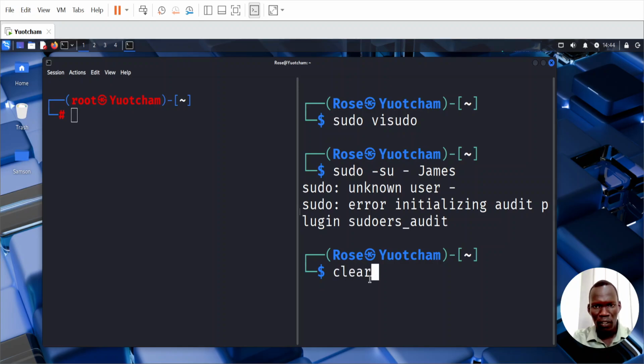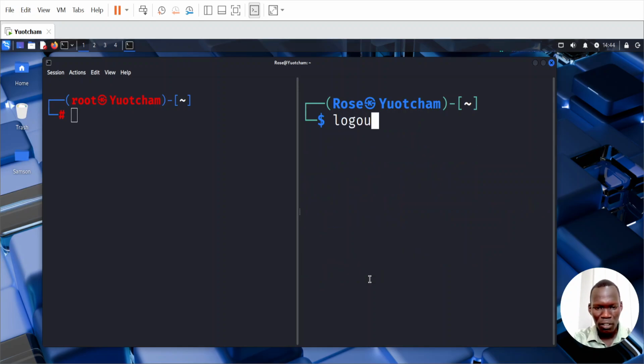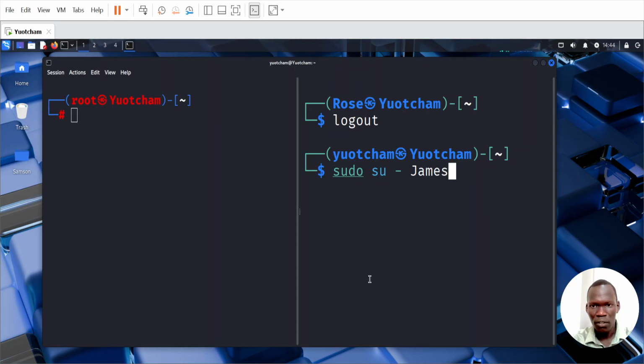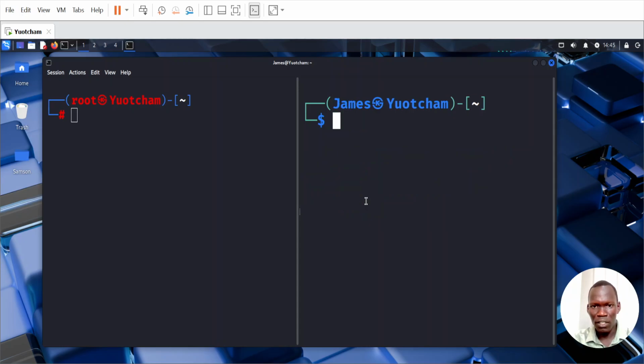Here we'll need to first log out and then again log in as James, and now we are logged in as James, of course. Now confirming again, clearing the screen,